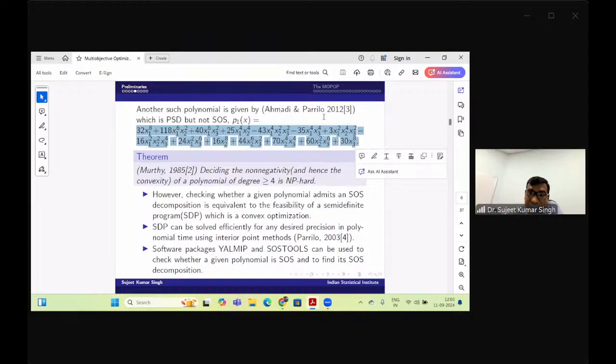Suppose your objectives are something like that, then how will you be able to check its convexity and how will you ensure its optimality? Because for any optimization problem, we can ensure optimality only if it is a convex optimization problem. For non-convex, there is no assurance about the existence of an optimal solution. But if just checking the non-negativity of such a polynomial is too difficult,